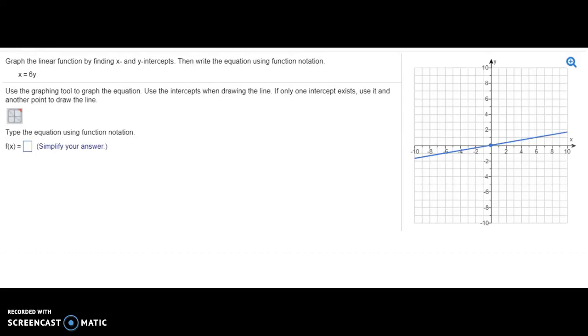And it says graph the linear function by finding the x and y intercepts and then write an equation using function notation. So when we're trying to find x and y intercepts, I always go back to my table of values, x and y. When x is 0, so if I plug in 0 for x, it'd be